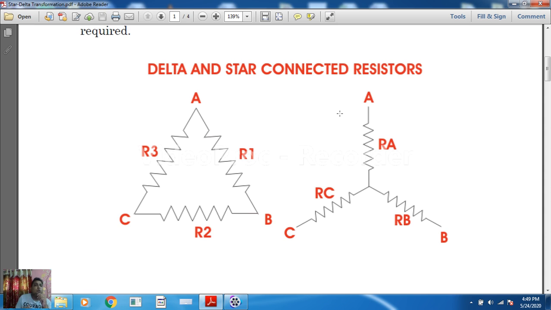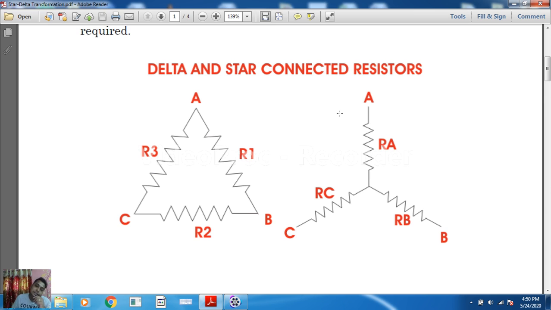In delta connection, three phases are connected with each other in a closed loop. This is one type of connection. See here how many terminals there are: A, B and C. So three terminals are there. So we can say that instead of six wires, if we use this delta connection, we can use three wires. So how many wires have we reduced? Three. So this circuit is cost effective.